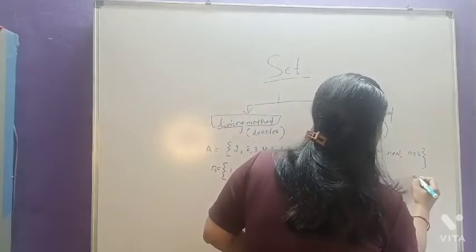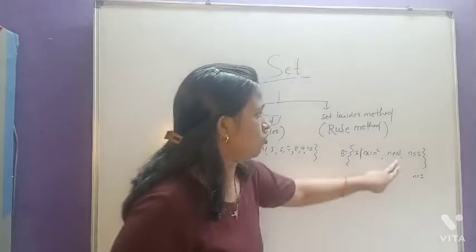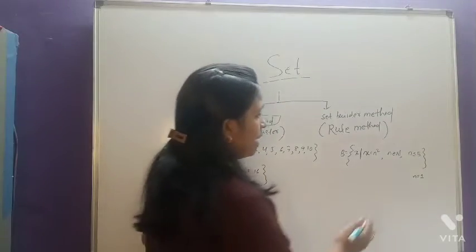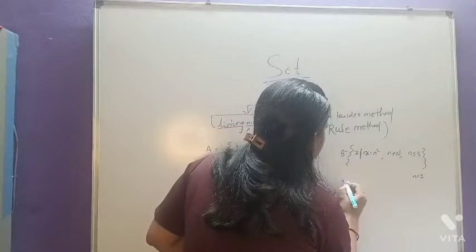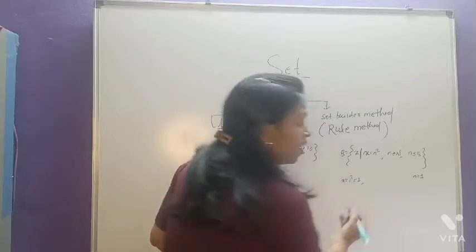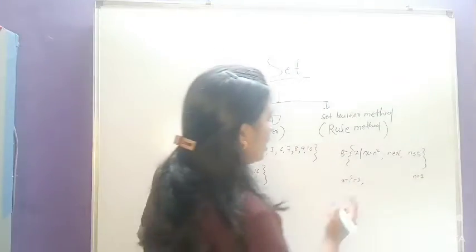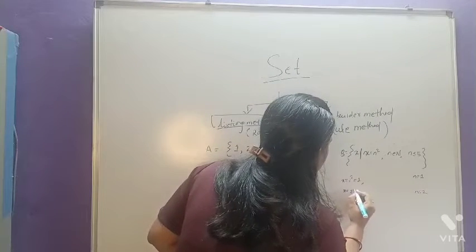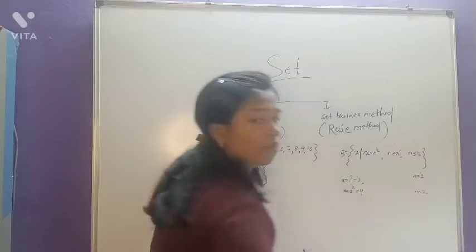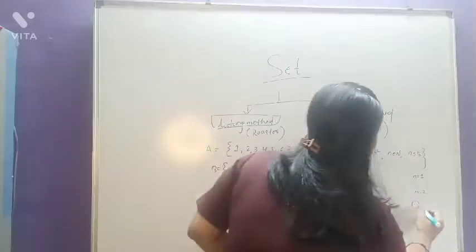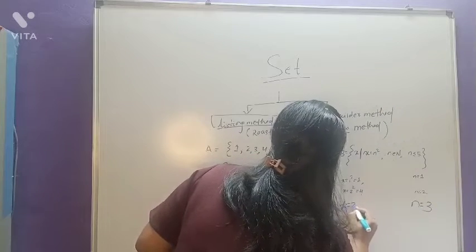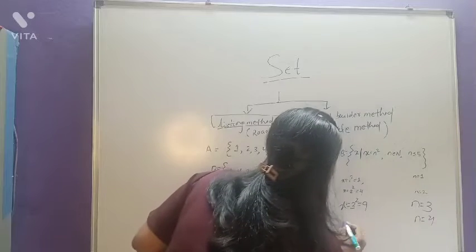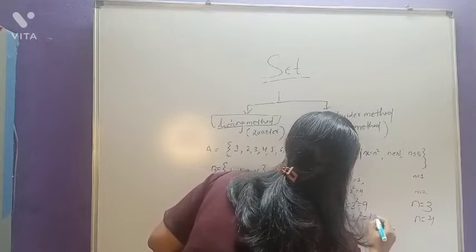So when n less than equal to 5 is written, when n is equal to 1, as n belongs to set of natural numbers, so I can write down n is equal to 1. So when n is equal to 1, what will be the element? x is 1 square, that is 1. Yes or no? Yes. When n is equal to 2, then what is the element? x is equal to 2 square, that is 4. Yes. So when n is equal to 3, then x is equal to 3 square, that is 9. When n is equal to 4, x is equal to 4 square, that is 16.